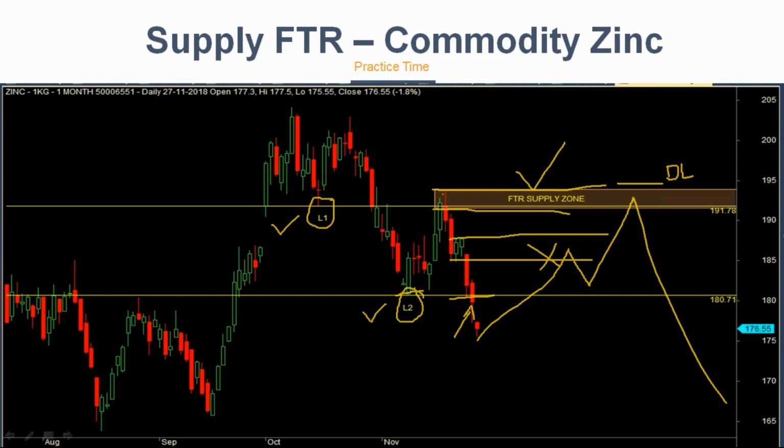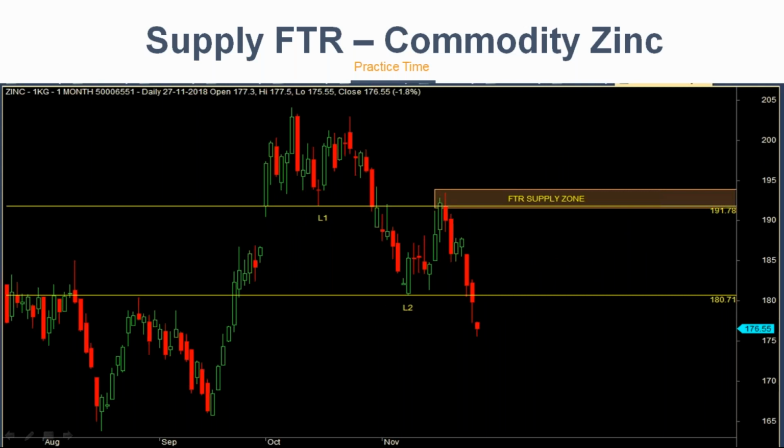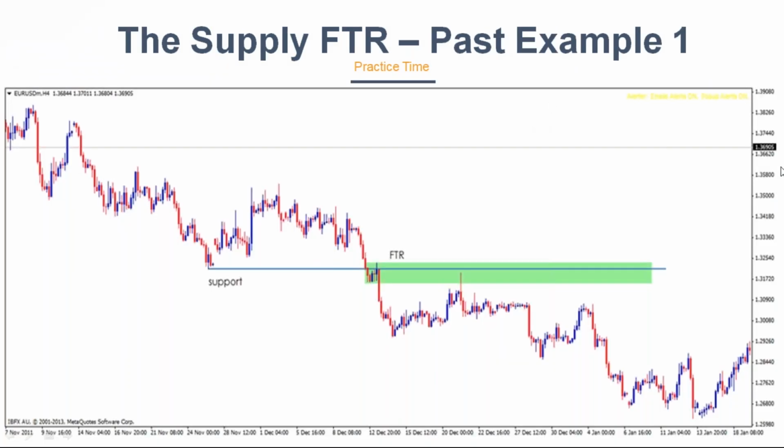We're taking so many examples so that it goes deeper into your thought process. This is a classic example. Support 1, price comes down, formed support 2, went up, bounced. This is not a great FTR example. It's not a classic FTR, but it worked. There were pending orders, that's all.